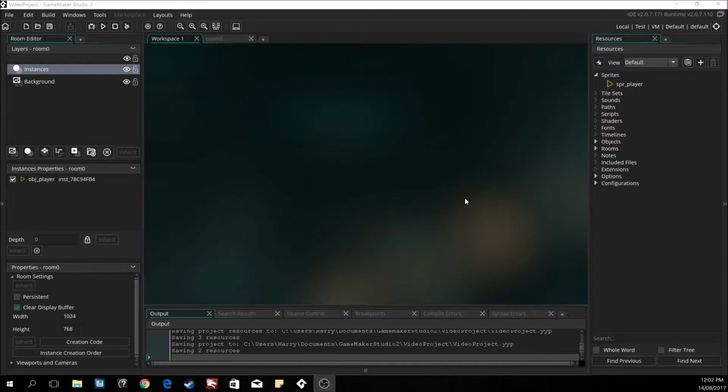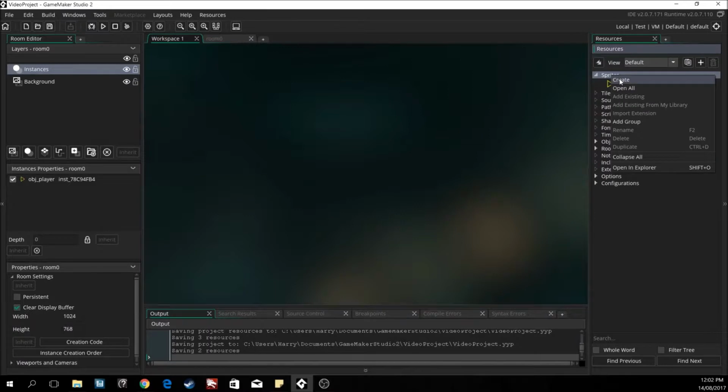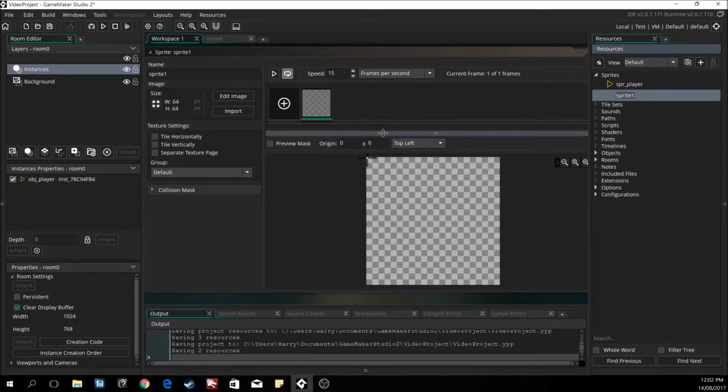So, here we are again in our workspace, and like last time when we created our player, the first step is to create another sprite in this episode to have the sprite of the projectile. So we right click on sprites, hit create, and it'll bring up an empty sprite. Name this spr_projectile,